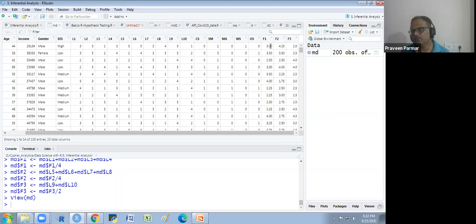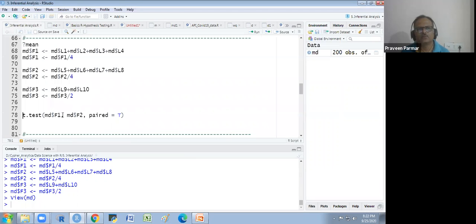So now we will work on this. I have also taken one hypothesis for this. So test F1 and F2. I want to know whether there is a significant difference in factor 1 and factor 2. Suppose factor 1 is related to the mess of the school, the food, and factor 2 is related to some sports activity. I know that 4 questions were related to sport activities and 4 questions were related to food.